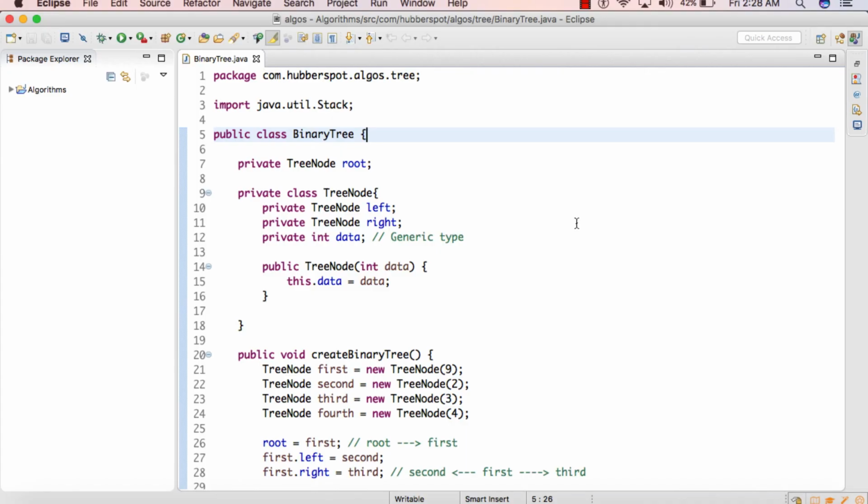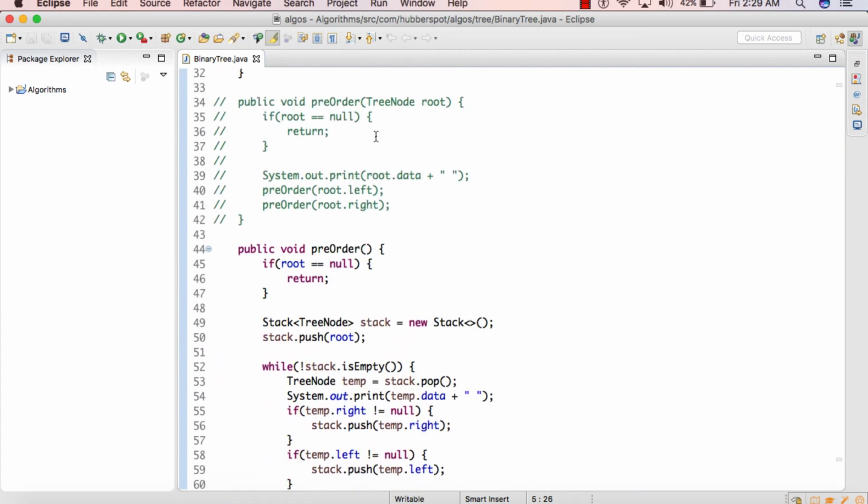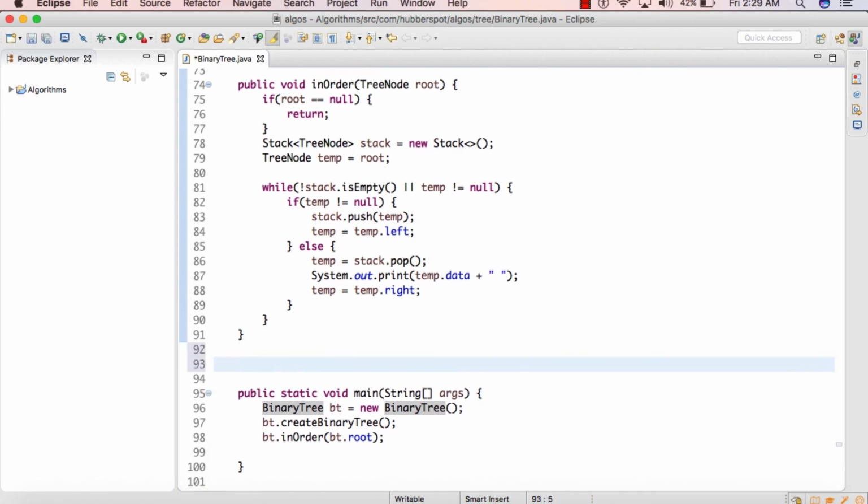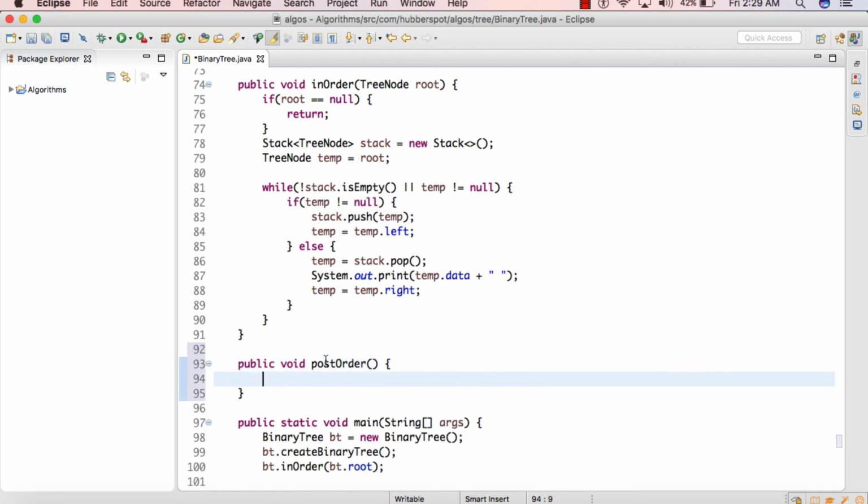So friends, in my previous tutorial, I had created one class by name binary tree, and we actually implemented the binary tree into this class. So in order to understand the implementation of this binary tree, you can watch my previous tutorials. So in this tutorial, we will actually code recursive post order traversal of a binary tree. So here I will create one method as public void post order. So this is the same method which we discussed in the slide. So this method takes in a root which is of type tree node.